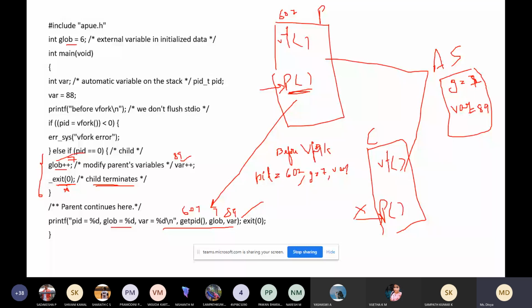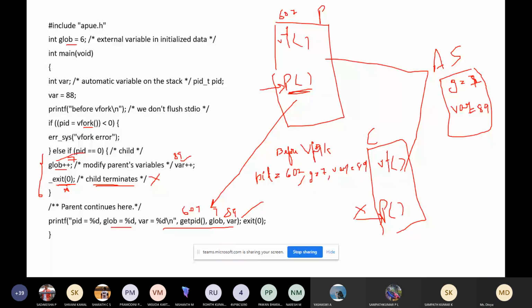Suppose if you remove this, then you will be having two printf statements. We can try to execute this by removing this. Just remove this, and use this instead of fork. Use vfork. So make that change and try to execute the program. At that point, we will be having two printf statements. But here, since we are executing the exit statement, the child will terminate, and we will be executing only one printf statement.